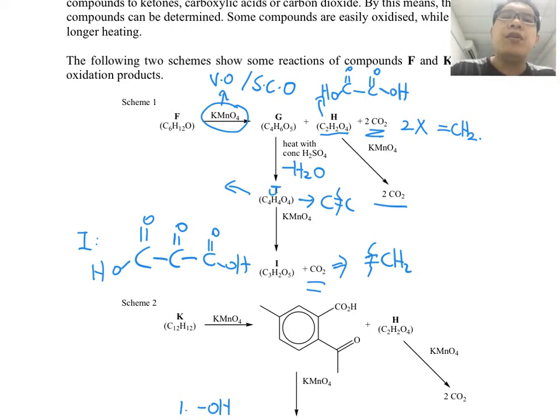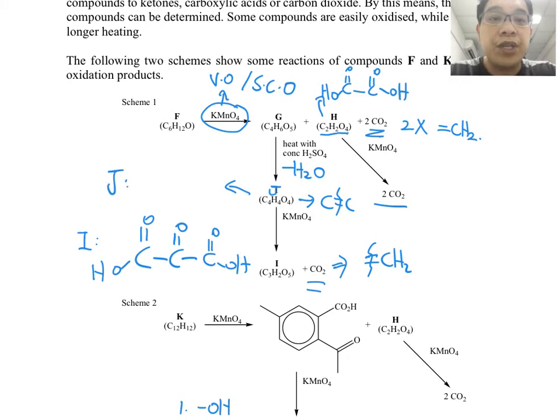So I go and think, okay, but where should I place the terminal alkene? So I go and check the formula. I got 4 oxygen here, so maybe the 2 carboxylic acid are maintained, because it's 1, 2, 3, 4. Which means that you have 4 oxygen remaining. Maybe this has 2 carboxylic acid. This is the one that gives the terminal alkene. So this is something that came across my mind.